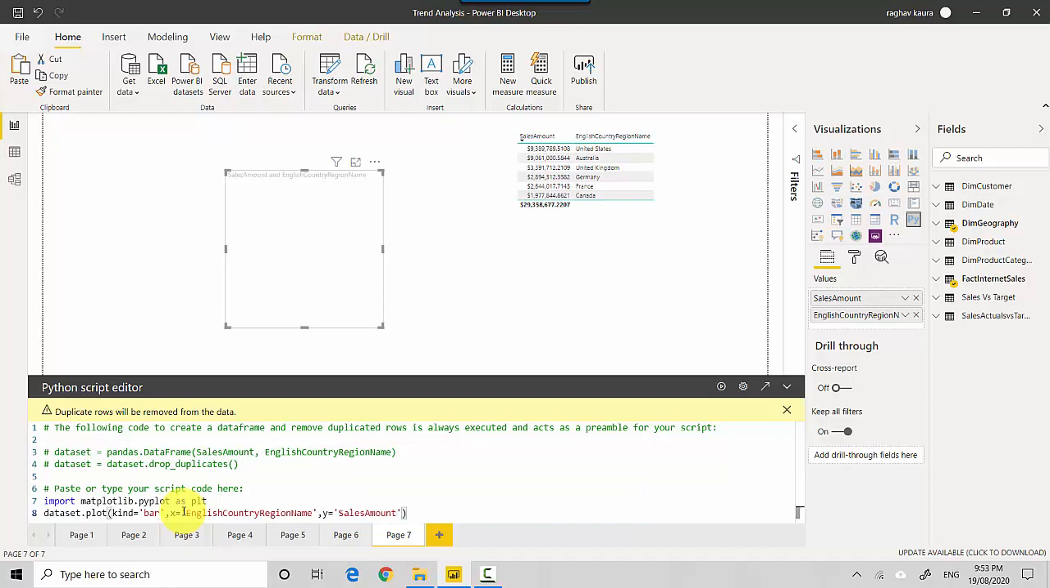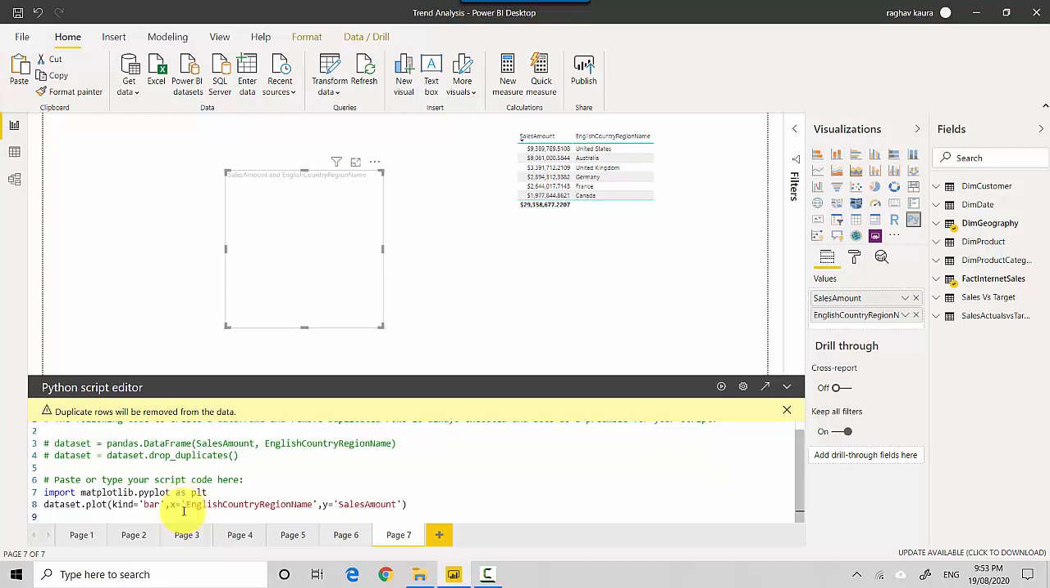And I think that's about it, and then just to plot it, we'll say plt.show. So that's it. We've got this Python visual now, and we've set it up to show a bar plot. And now if I click on this run script icon,